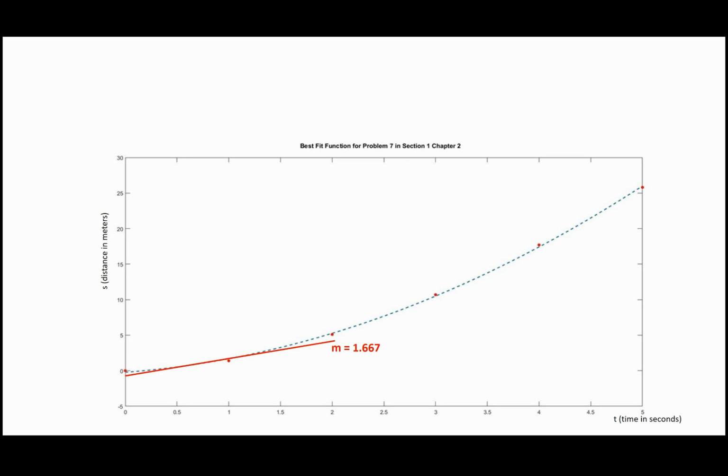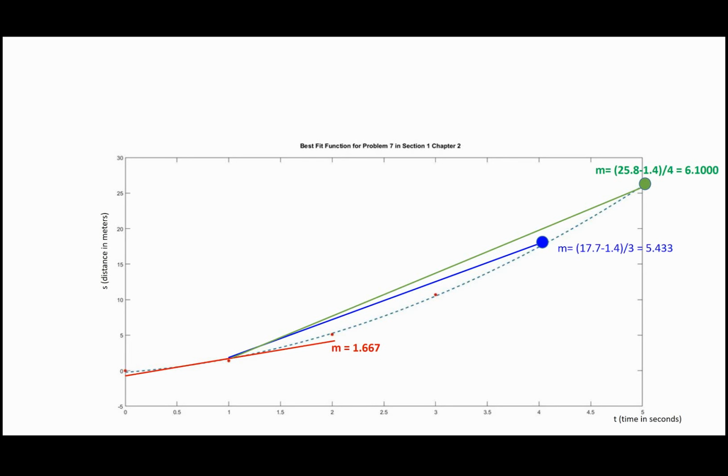Now I'm going to consider the secant line that's going to give me the average rate of change between 1 and 5. Okay, so there's the secant line. It has a slope of 6.1. Okay, now I'm going to consider the secant line that goes through t equal to 1 and t equal to 4. It goes through the graph at those 2 time points. And so we notice that here the slope is less, and it's getting closer to 1.667. It's still far away, but you can see that the values of the slope are decreasing